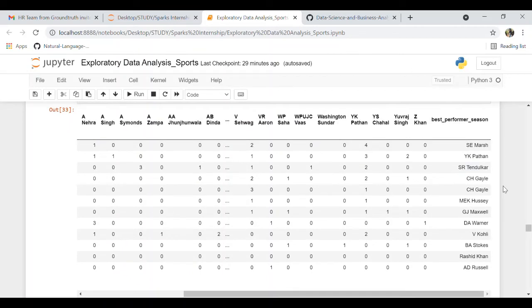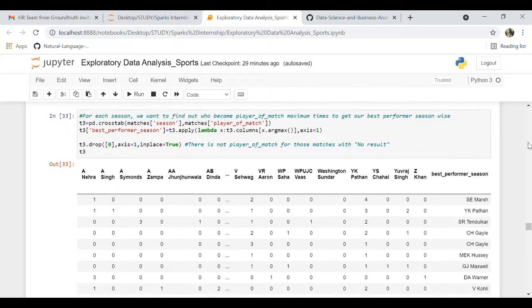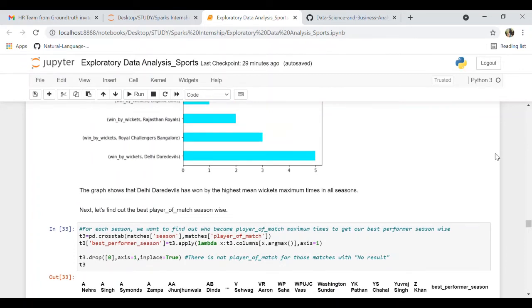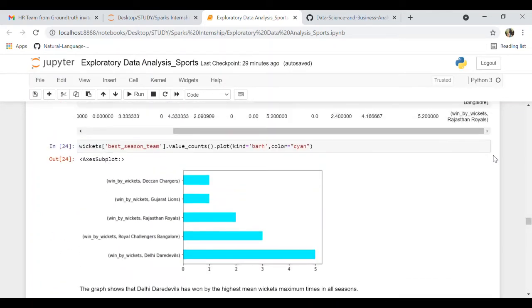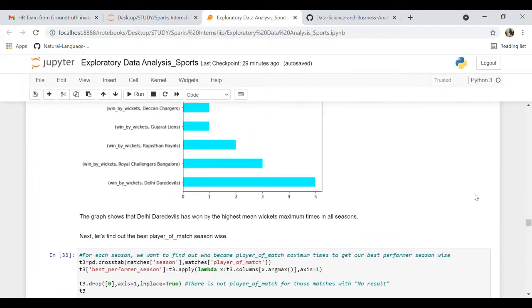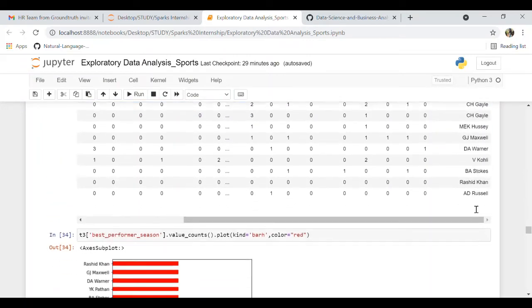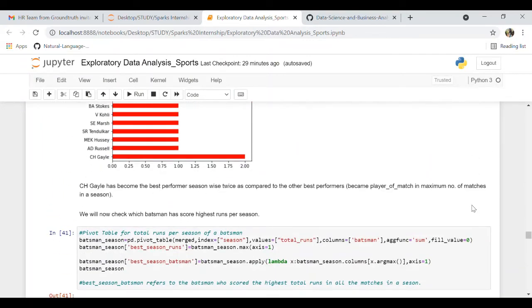And among those, because we cannot say that all these players were best, right? We had to find out, because our main objective is to find out our best team, our most successful teams, our most successful players whom we can recommend for endorsement, right? Therefore we'll have to find out the best among the best, and that is how we are trying to find out the best among the best.